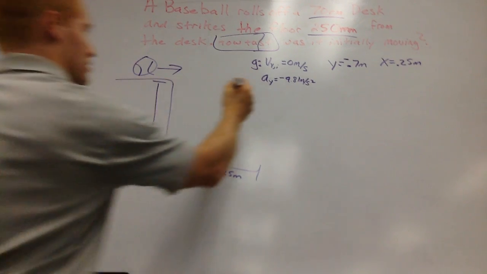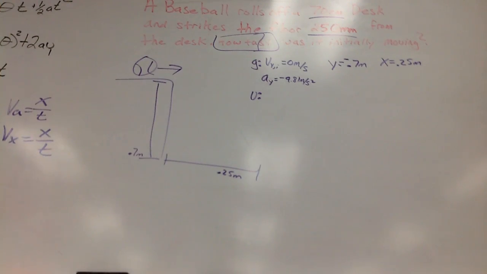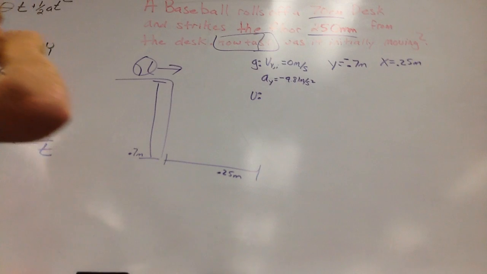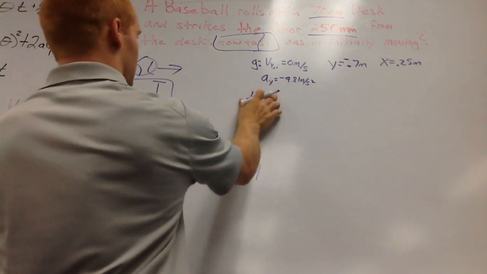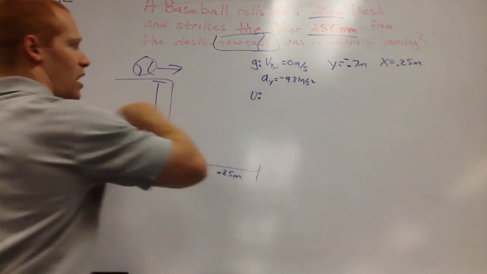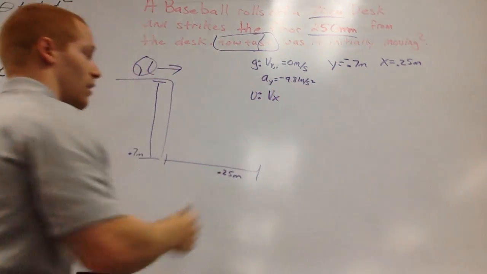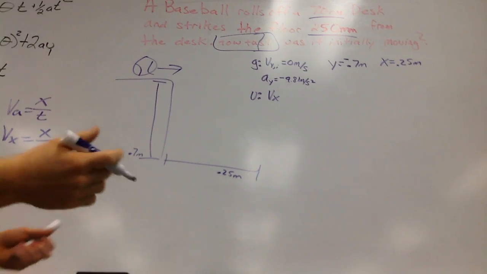Our unknowns. Notice how we do not have time, and it's asking for velocity. It's always a good idea to solve for time when you're not given it. Usually if you get stuck, always solve for time. So it's asking for the initial. Since we said Vyi is 0, it must be asking for Vx. It could be Vxi if you wanted, but remember Vx never changes, so initial is the same as the final